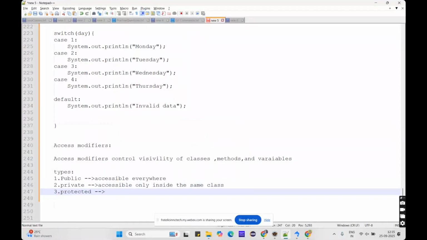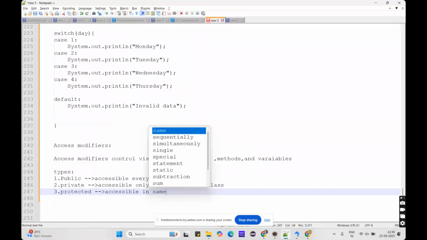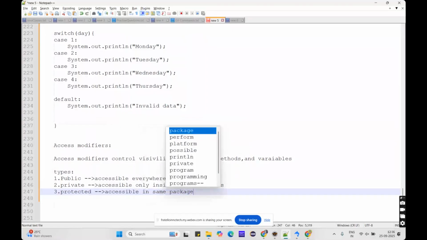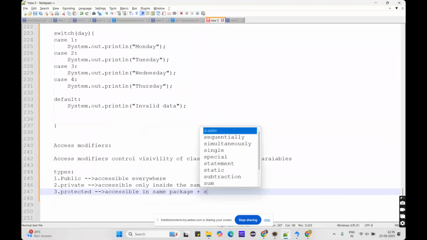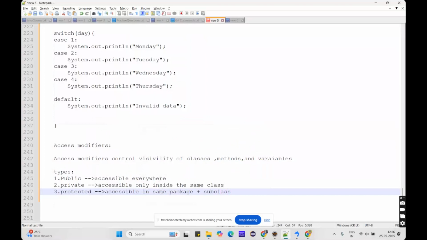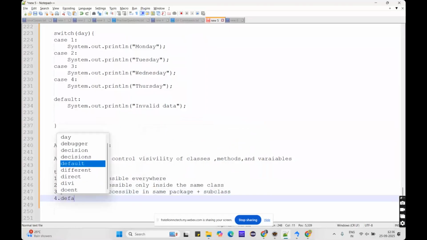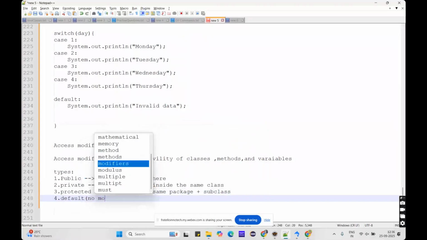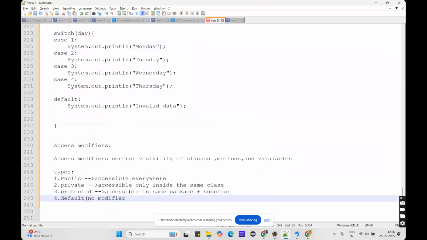Protected can be accessed in the same package. We created the package, right, in the same package, and the subclasses. Subclasses will come to you later when we discuss object oriented programming, so don't worry about the subclasses, but imagine a same package. And we also have the default. Default is nothing but no modifier,